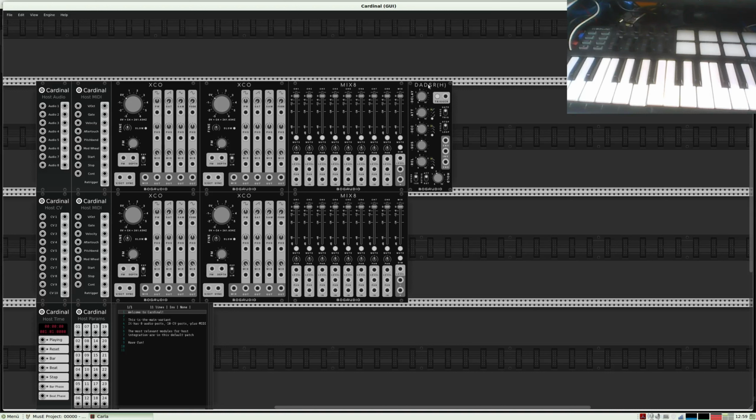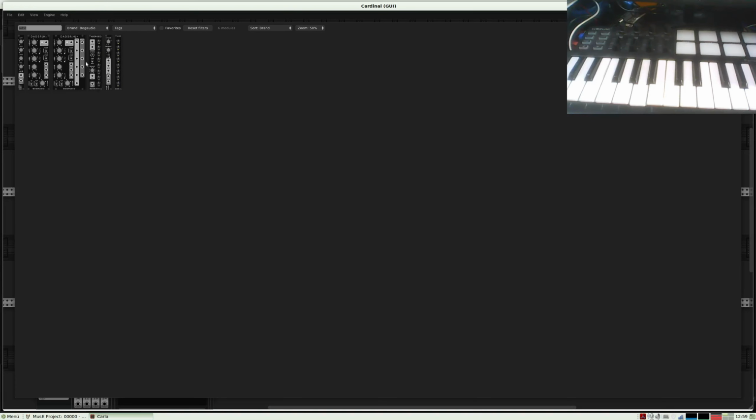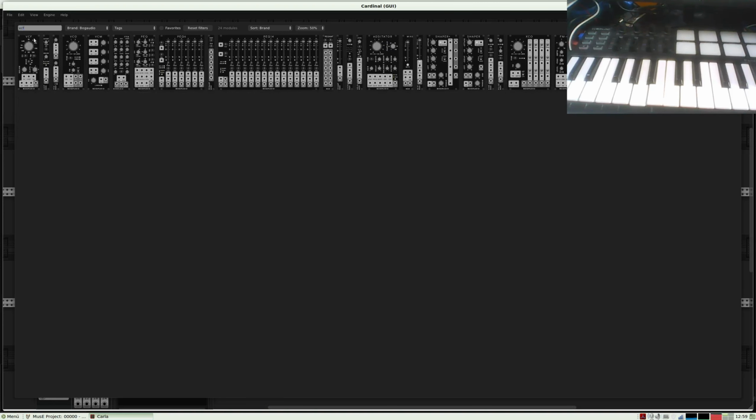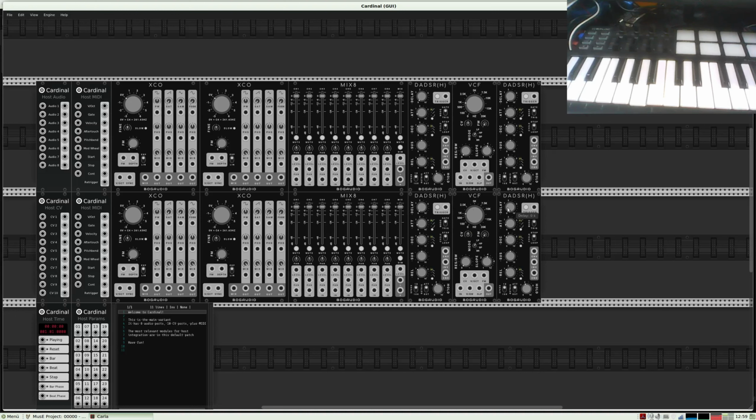So I need 2 here, and I need 2 here. Now I need a voltage controlled filter. I type in VCF and take the first one here, put it to here, copy and put it to there.